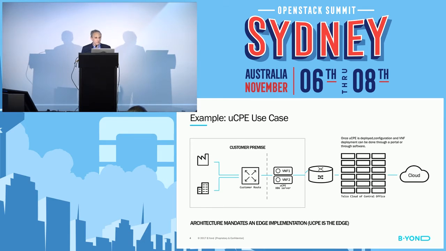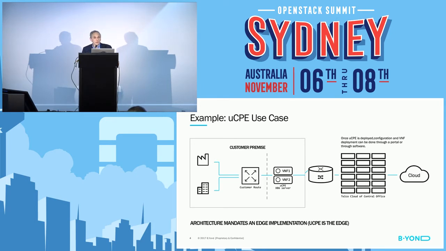Here the idea is, if you've done business with a telco, either as a consumer or as an enterprise, you've seen that when ordering a service from a telco, often you need a special piece of hardware for that service. You need some equipment. You need something to be shipped, to be installed, to be plugged in, to be configured for each and every service that you may want, whether it's a firewall, whether it's a set-top box for your home, whether it's a DPI box. And most of those services will require a separate piece of hardware.